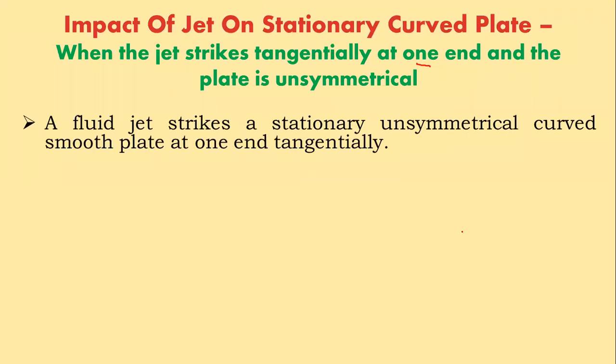So here now what is going to happen? Let me just draw the x direction first, which will be our center line. So as you can see, this curved plate is unsymmetrical. It is not symmetrical. So what is the difference that you think will be in this part as compared to the symmetrical part?